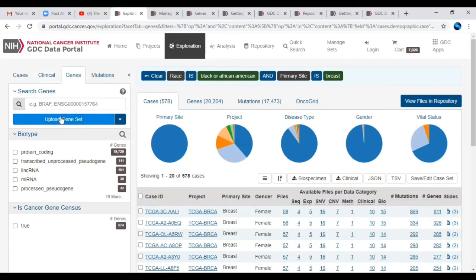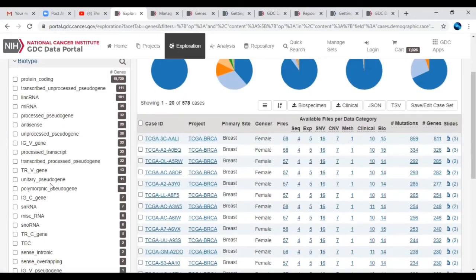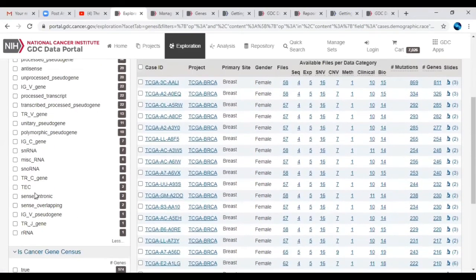So here you can see this filter. If you want to search a gene with respect to only protein coding genes, you can see the filter is provided here. Only protein coding genes information is there, that is 19,729 gene information, or more options are also there, like this.